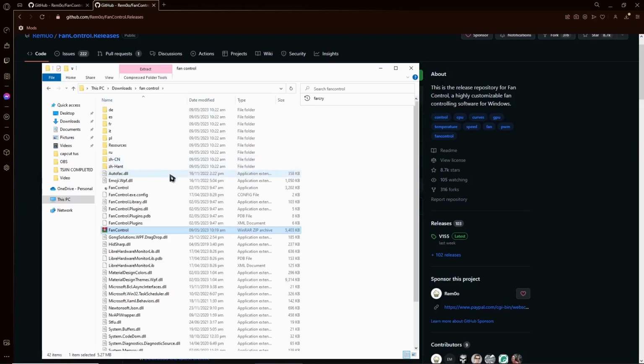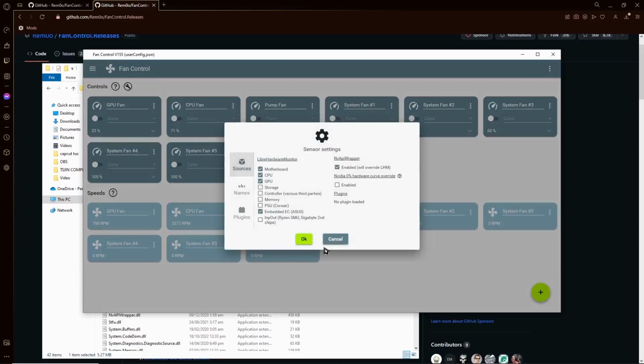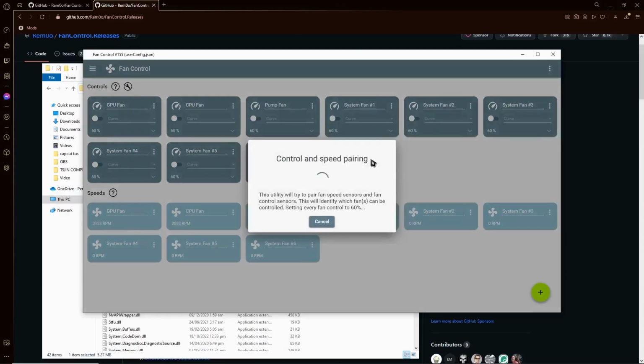And after that, you're going to wait for it and you want to search for the exe file right here. As you can see, we can now launch it. Yes, and let's wait for it a bit, and there you go, it is now launched right here. So you want to proceed with yes and okay right here, and just wait for a bit until it is finished loading. And as you can see here, Fan Control is basically, from the name itself, you can control every